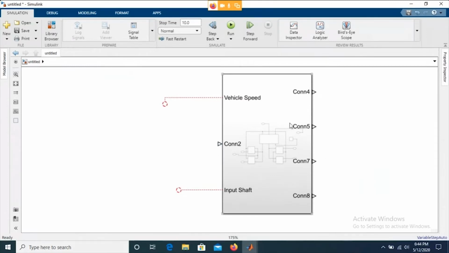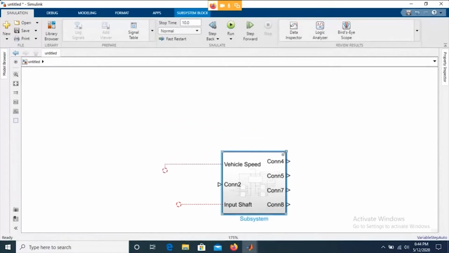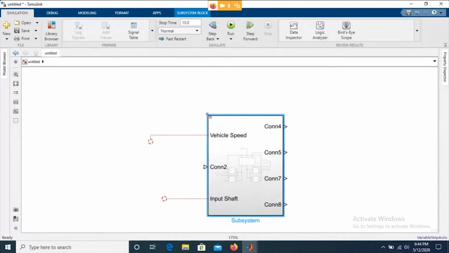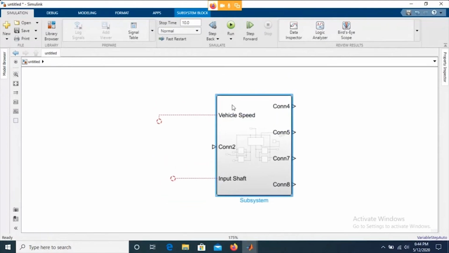And now I can make the subsystem like any, right? So basically I can consider this as a block. I can put a picture of a vehicle body over here so that I remember this is a vehicle body. I can basically rename over here as well, right? So this is one block, vehicle body.